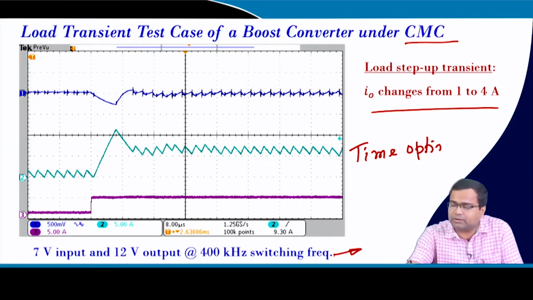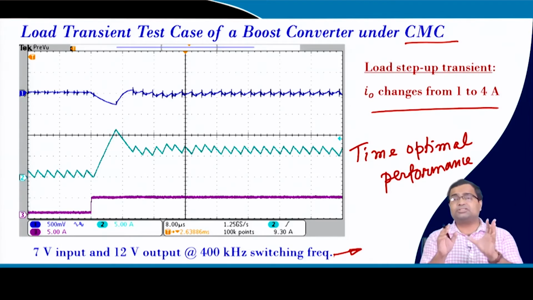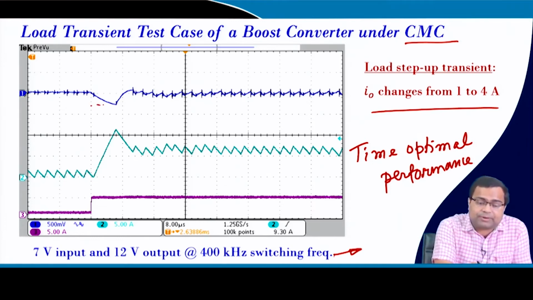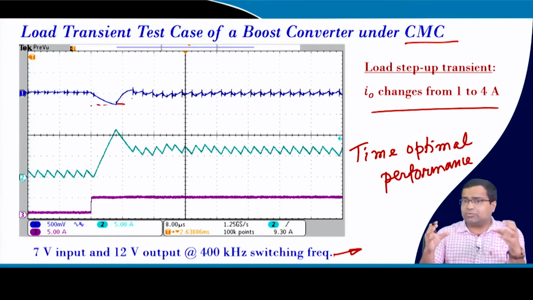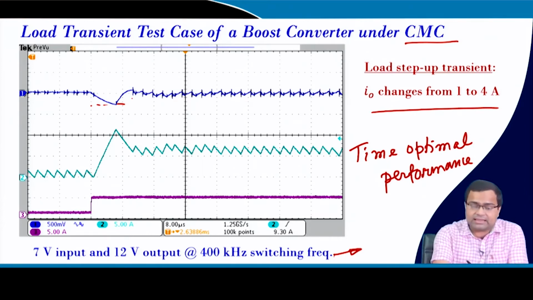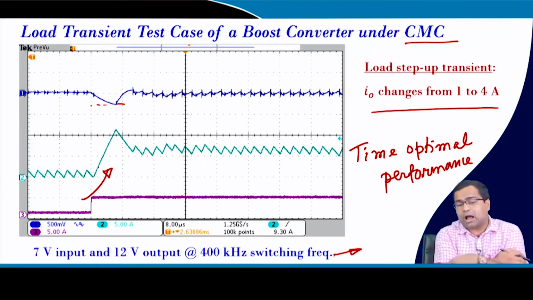This is the fastest performance that you can achieve, and this is also known as time optimal control, time optimal performance. Your response time is the fastest, you cannot get anything better than this. But yes, this also comes with a price: your undershoot is large, this is a non-minimum phase. If you want to reduce the undershoot, then you have to put a limit, but we are not going to discuss this. What I am saying is we have obtained this using a closed loop control,